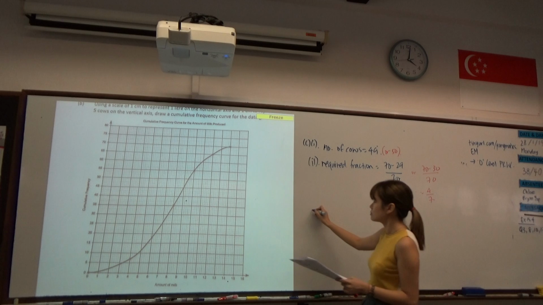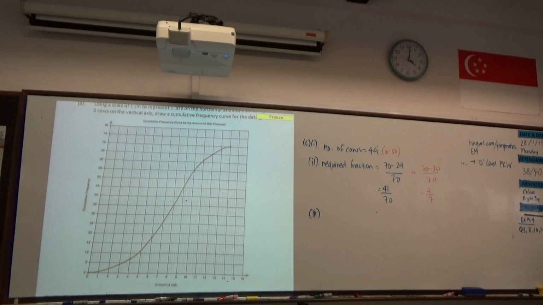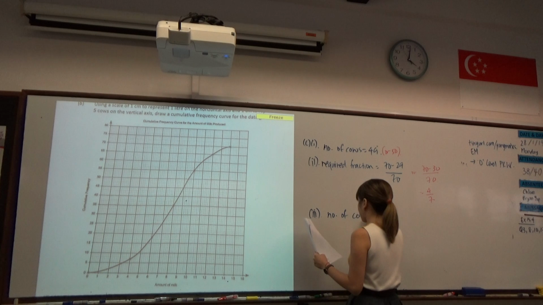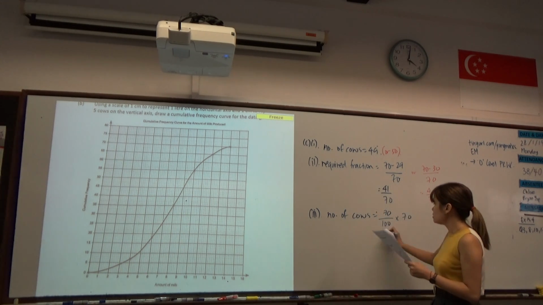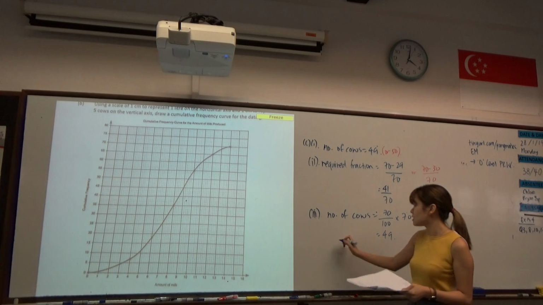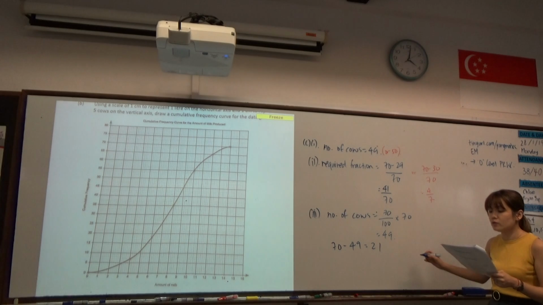Okay, I'll just run through the last one. The value of X if 70% of the cows produce more than X liters of milk. So we need to first find out how many cows that would be. So that is 49 cows. And since 49 cows produce more than X liters, we need to find the reverse, which is 70 minus 49. 21 cows produce